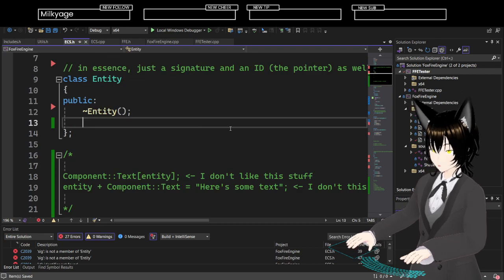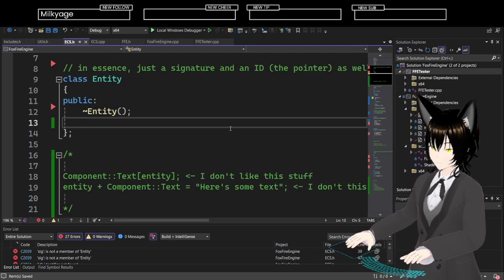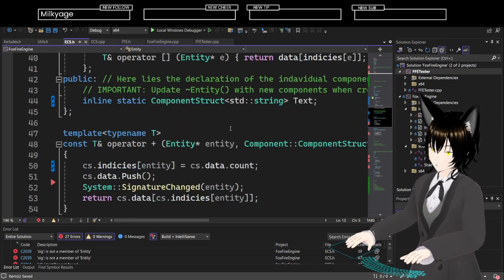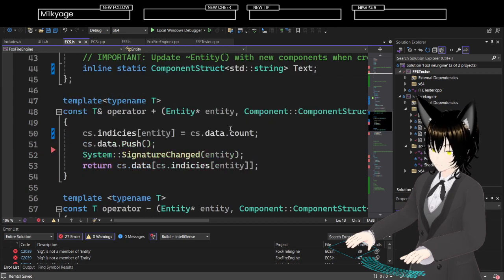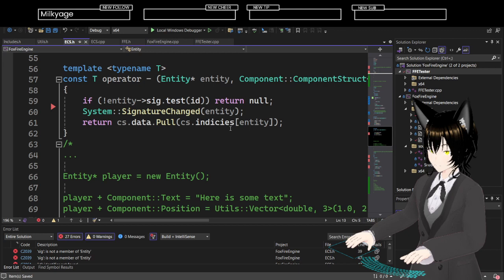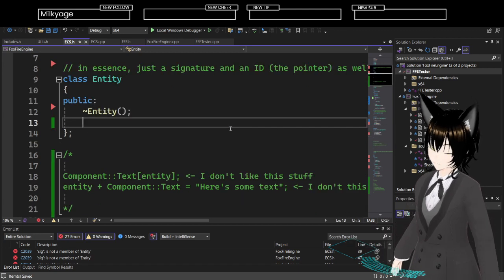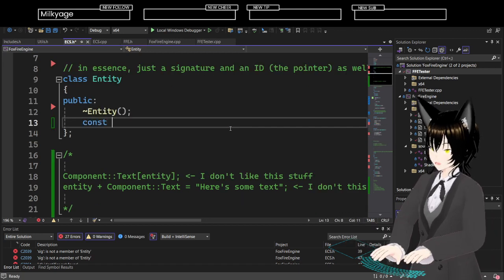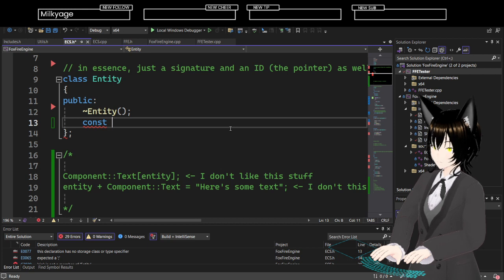So one thing that I would like to do is, how do I do an operator overload again? Const, yeah, const, yeah, no, I all need to be const. Right, so I could do const, what am I gonna return here? Oof.